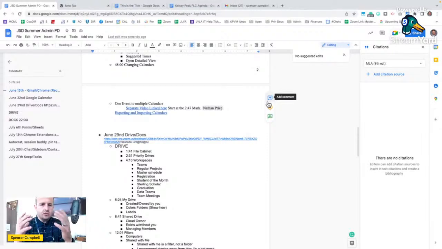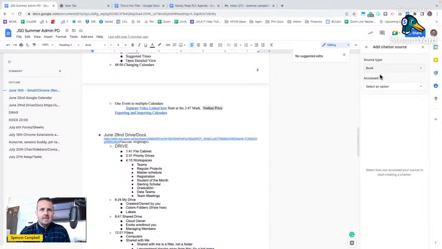I think there's a structural point where you need to teach students the importance of citations and how to do them manually. But after that, I have a really hard time forcing students to do that every time when they can add a citation source right here. So I'll just go through